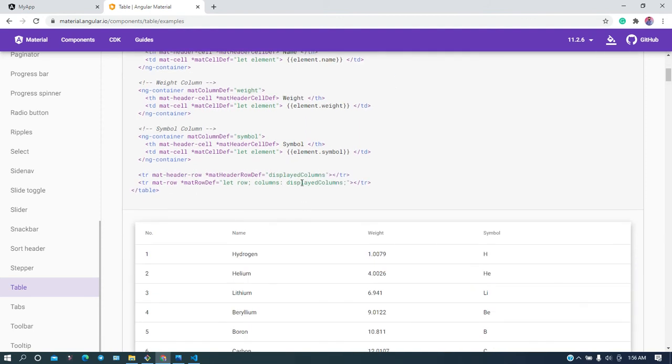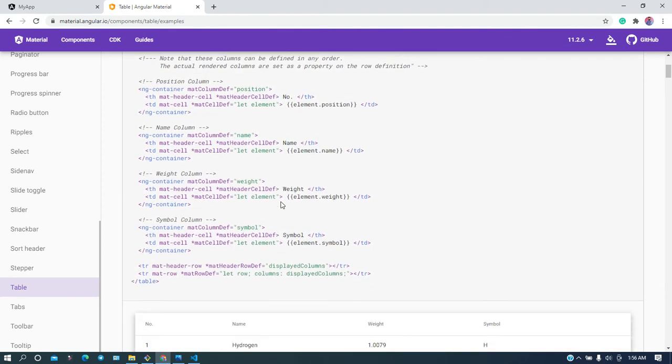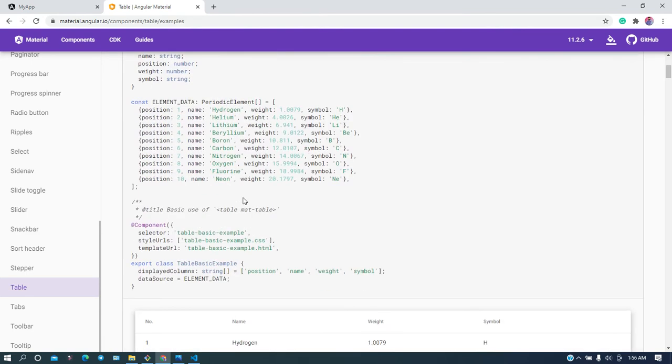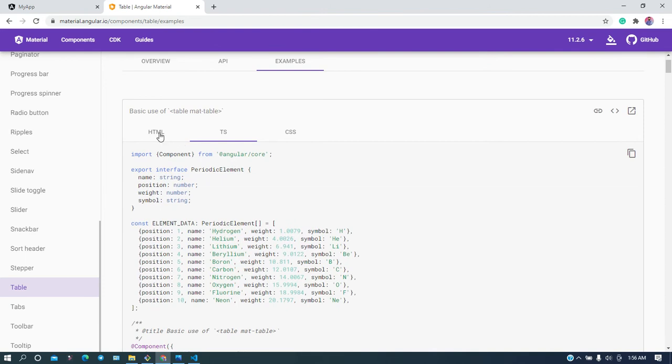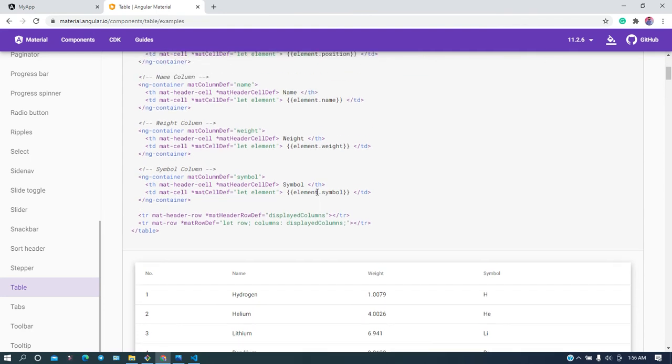Now this thing is almost done. You have provided the columns, but you have not provided the displayed columns. See where this variable is used. If you go in the HTML and look at the bottom tr, here is the displayedColumns. It means make sure you use the correct variable name.